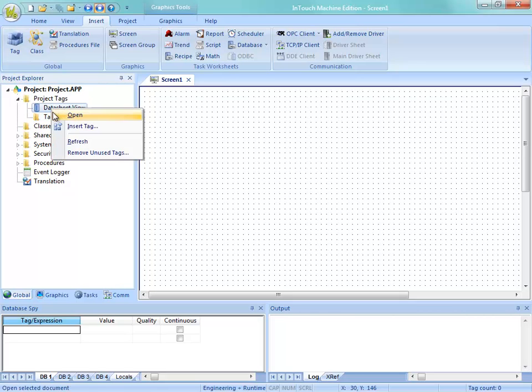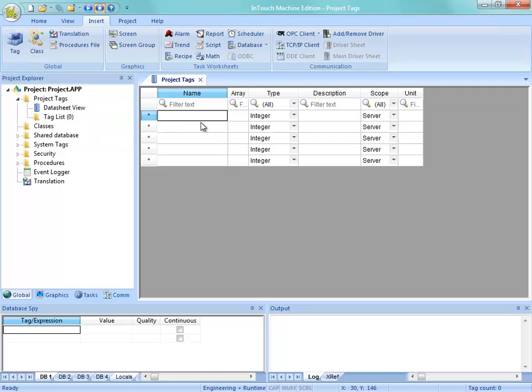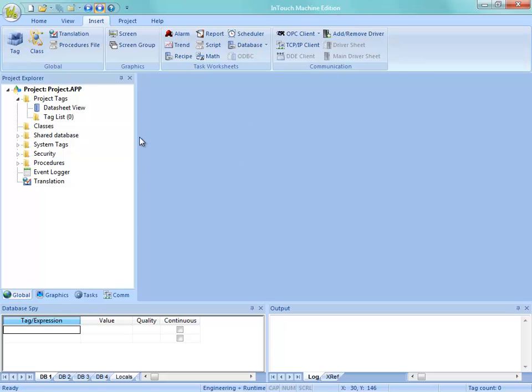So we can go here under datasheet view and you can right click and insert a tag there, or you can open up the datasheet view by double clicking and then typing in your tag in here as well. So that's another way to do it. And yet another way to do this is